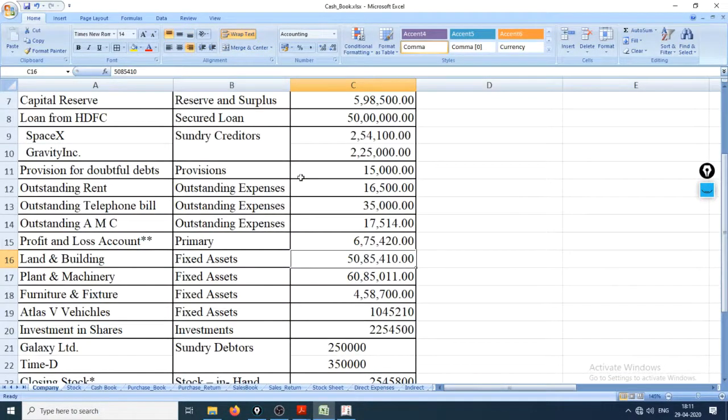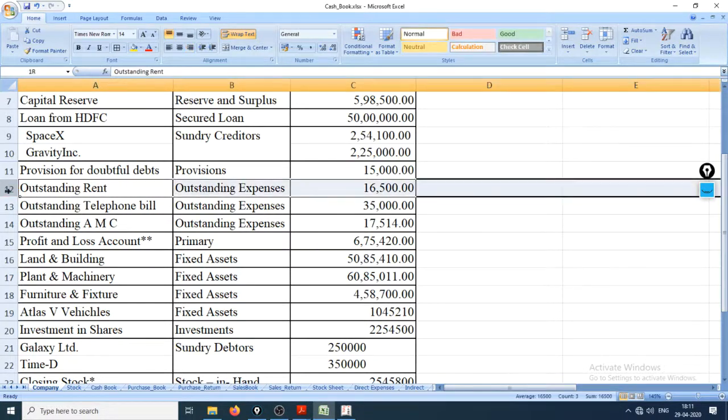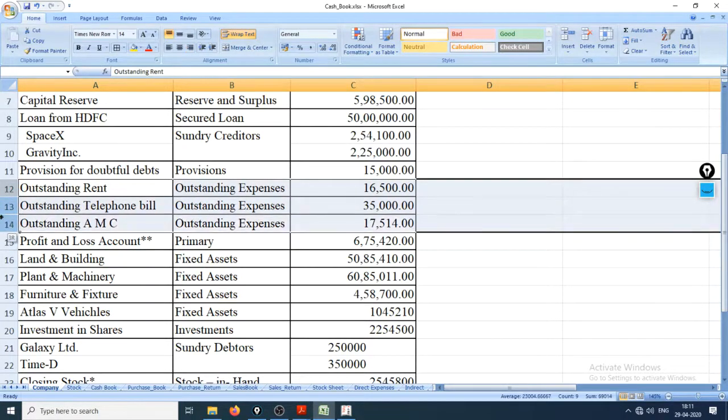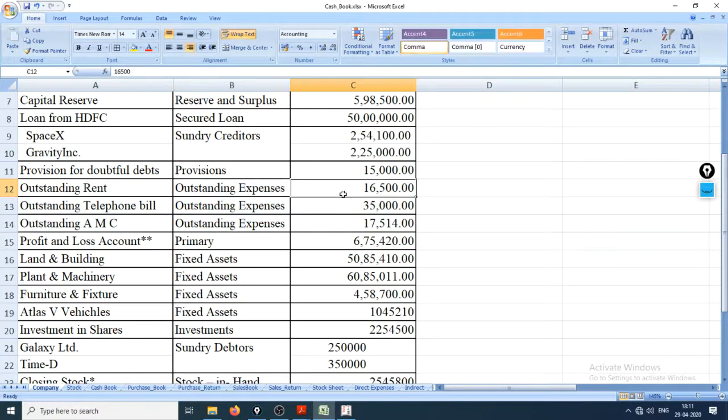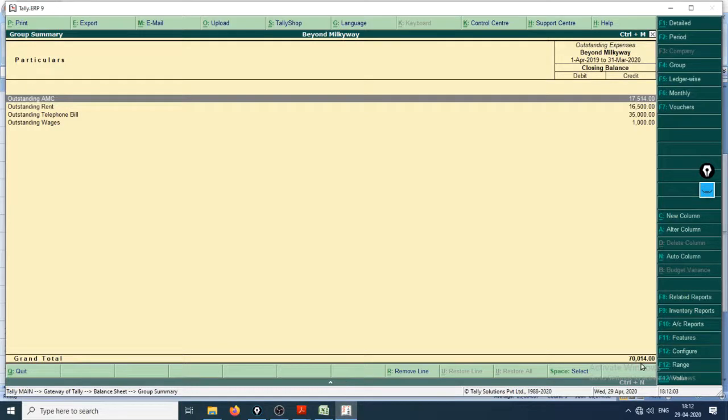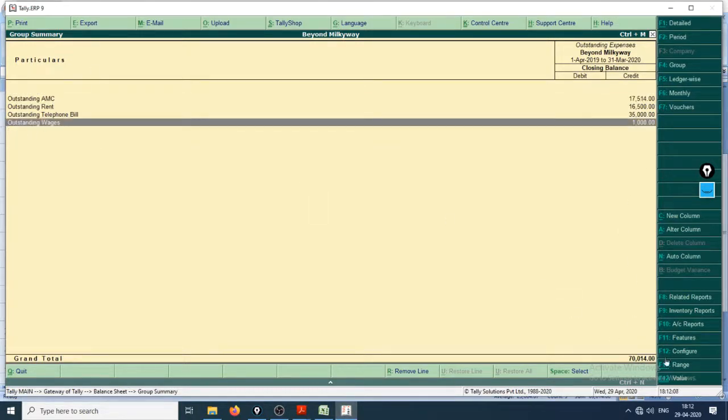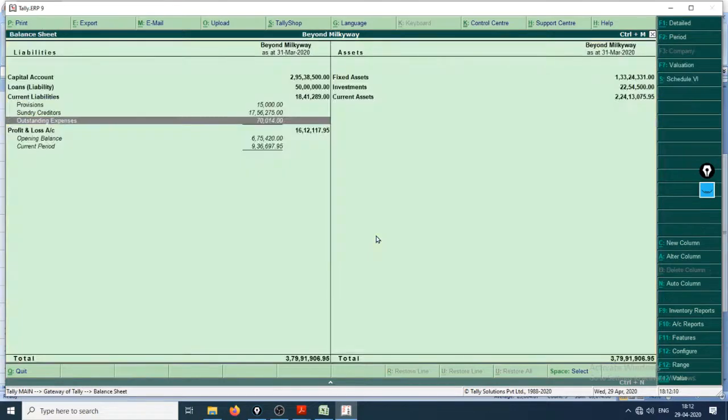Go to this stock, go to this opening thing right here, and outstanding rent, outstanding telephone bill, outstanding AMC. That is why we created this outstanding expense amount. The total of this comes to 69,014, plus 1000 of our outstanding wages, hence 70,014. So it has two effects.